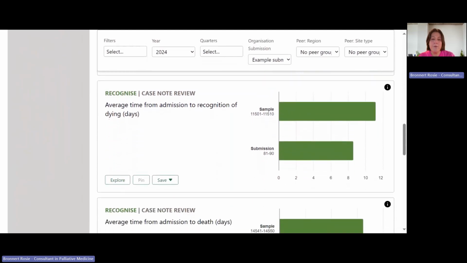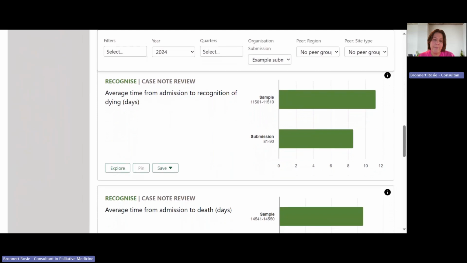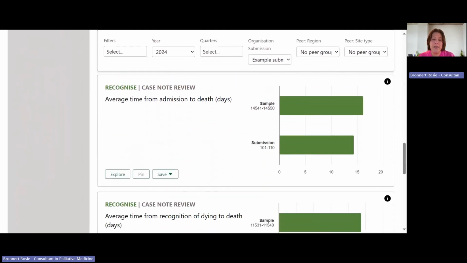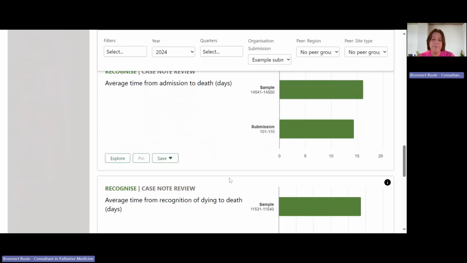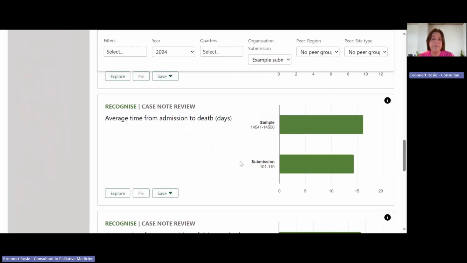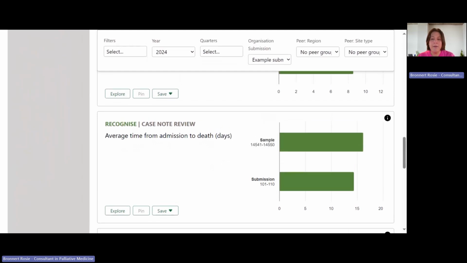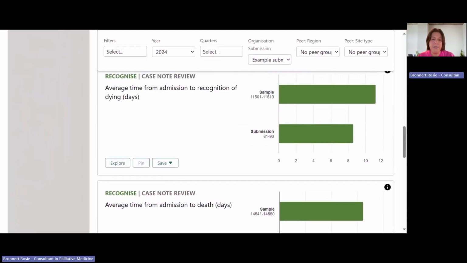We then come to the series of time relating to recognition of dying, admission to death, and the average time from recognition of dying to death. Just starting with the middle one, you can see that in this example submission, there was a shorter time of 14.4 days compared to 16.1 days from admission to death. Now, going back to their other data,